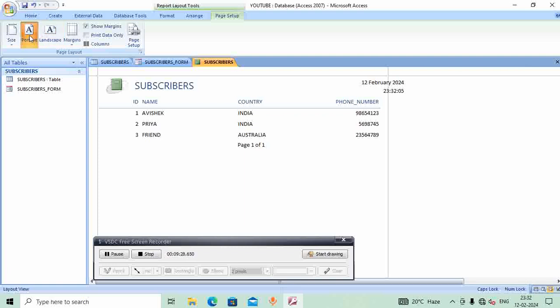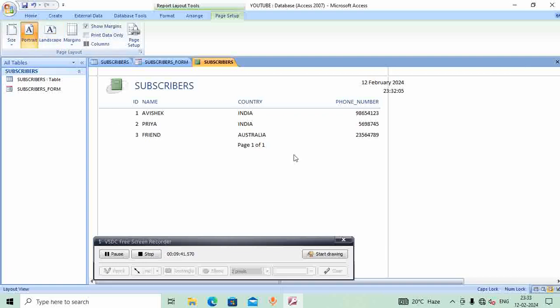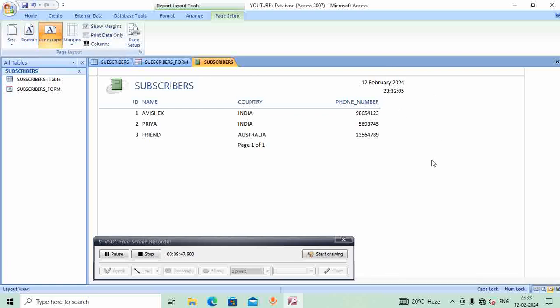If you have serial straight data, that is vertical data, then you can do portrait. Or if you have too many horizontal data, then you can do it landscape. It's up to you. Okay, I'm keeping it portrait at the moment, but if I keep it portrait, you can see the date and the time it's going out. So I'm going to do it landscape like this, by which I get a lot of